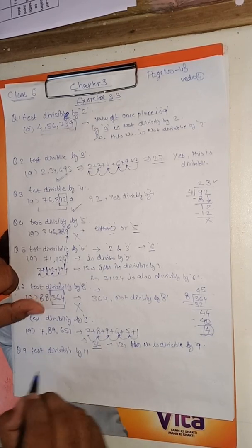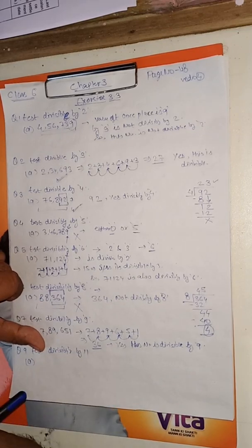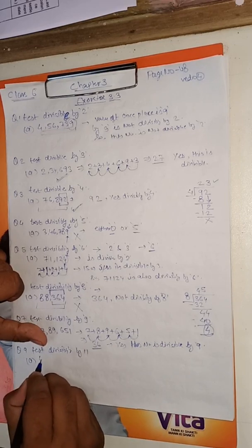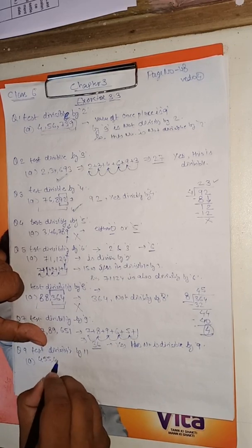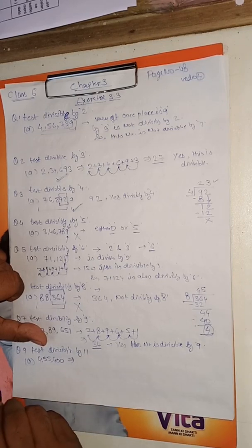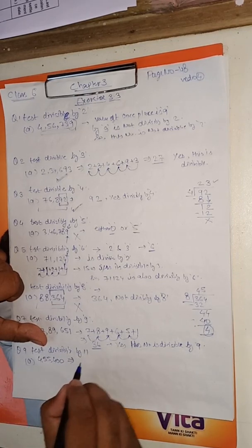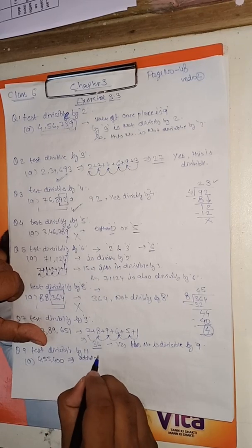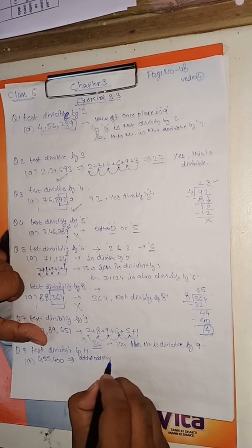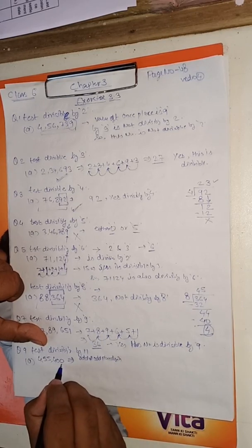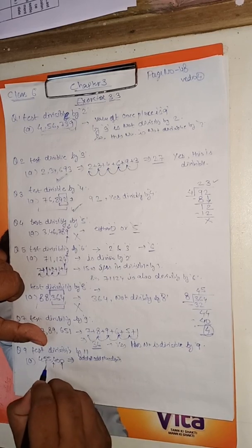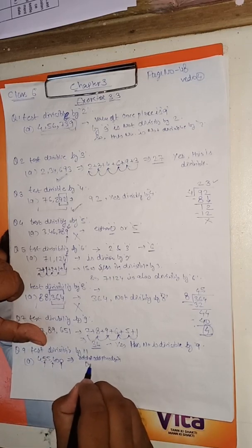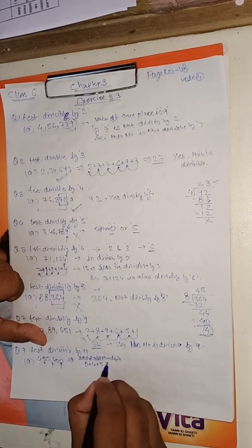Okay, now we are going to question number 9, that is to test the divisibility by 11. Part A is saying that 4 5 5 4 0 0, is this number divisible by 11? What we will do is add all odd place digits. Okay, the odd places are 1st, 3rd and 5th: 1 2 3 4 5 6. So we will sum 0 plus 4 plus 5, we get 9.